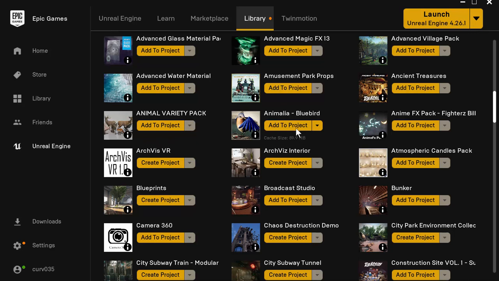See, I have one over here, another project I was working on. That one is still in my cache folder. I don't need it anymore because it's already in my project. So I'll do the same thing there. Remove the local content. So now if I go to my project,